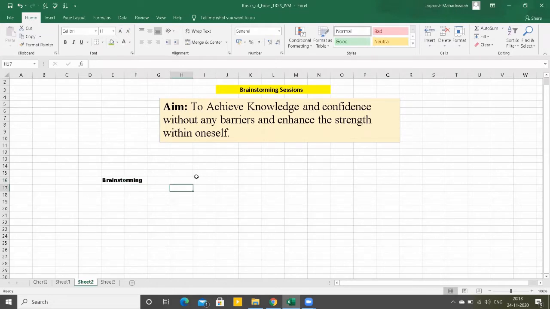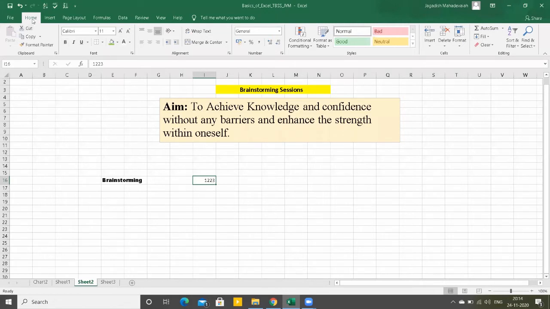Coming to the next foremost important thing, you can observe here this green color border around this cell. This is called the active cell. It means you can do various operations in this active cell. For example, you can type numericals. This is called the active cell. And next, in the ribbon bar, this is Bold. These options are common in Word, PowerPoint, and Excel.